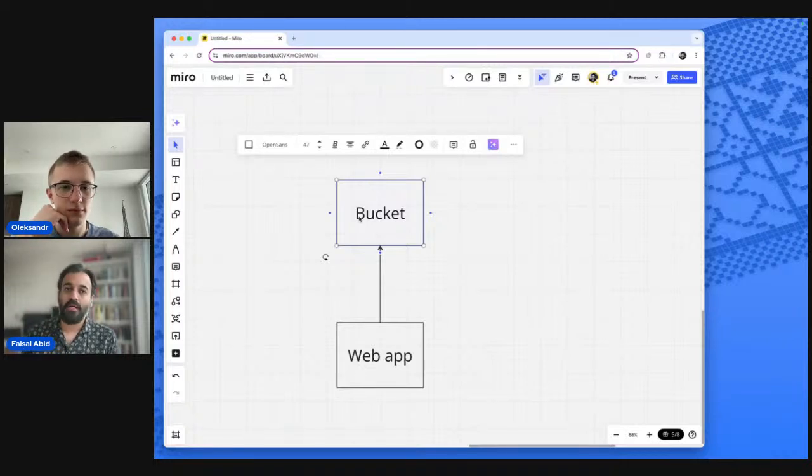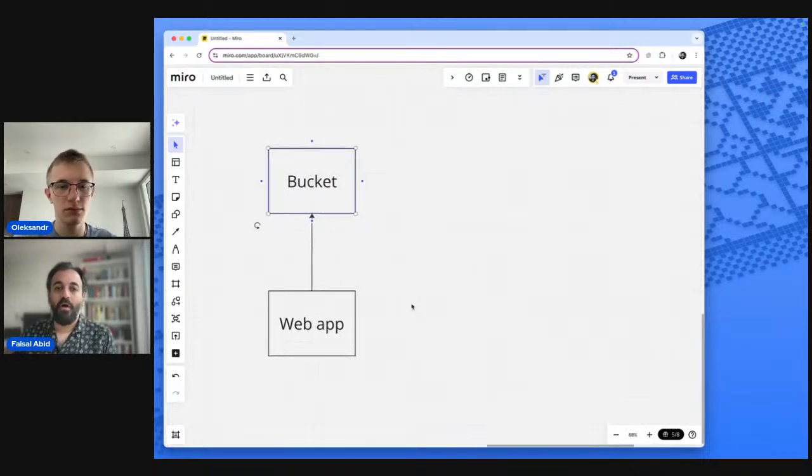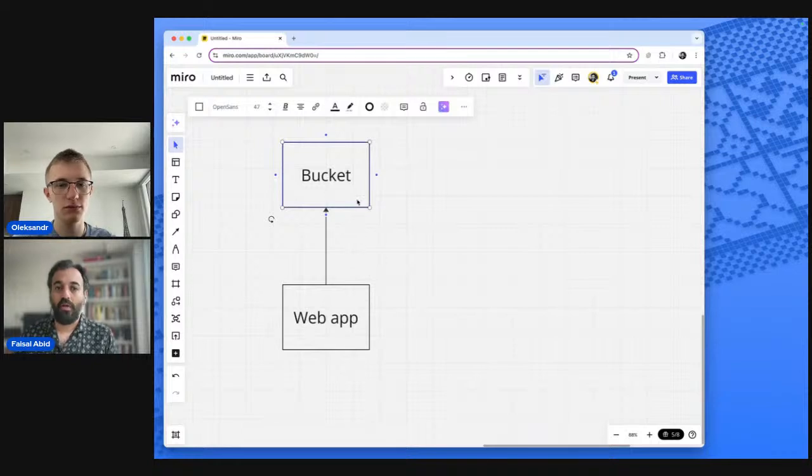What's nice about a bucket is you can read and write to it pretty fast, and it is by default multi-regional, so that if US East goes down, then at least you can still access your files. But all that to say, that's straightforward enough. And you might say, well, that's easy.